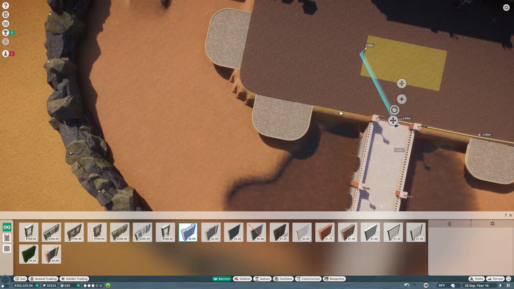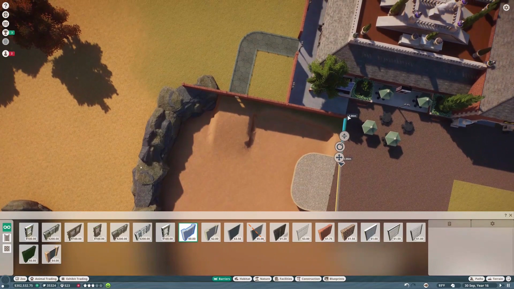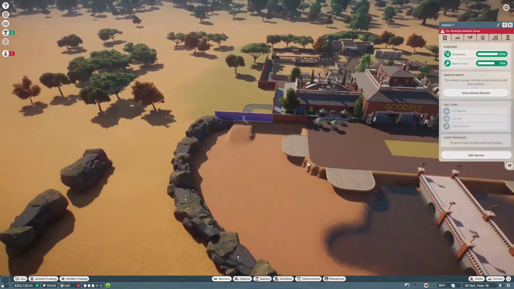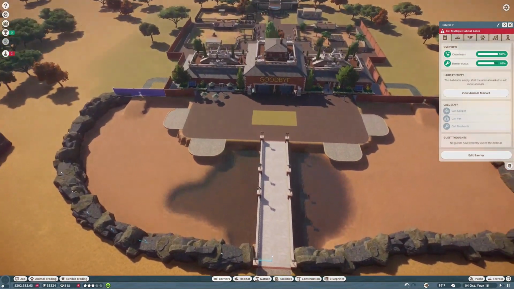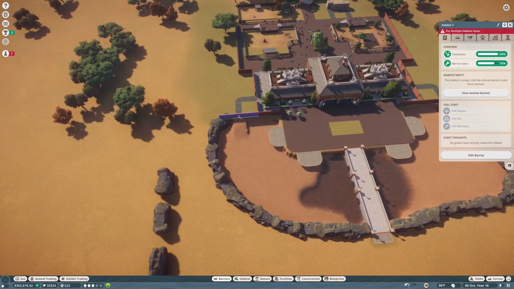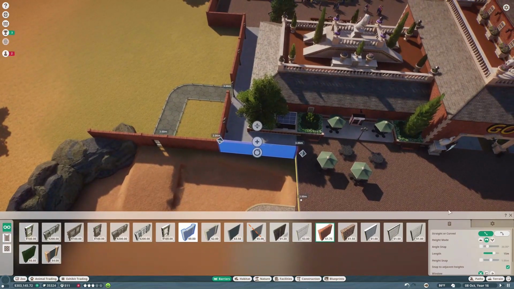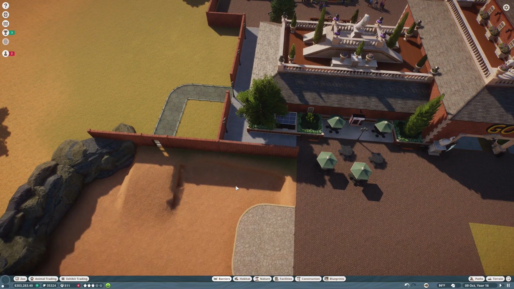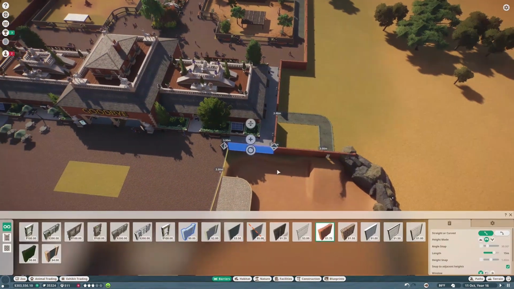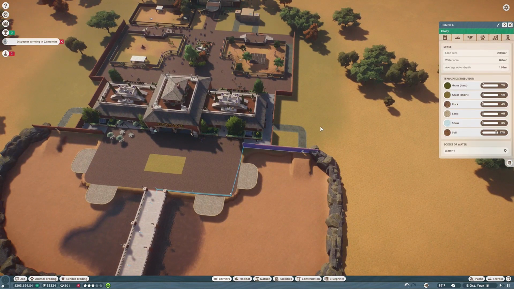And from this side, and there we go. Now we got two separate habitats, multiple habitat gates. Oh, I think it's because this needs to be a habitat perimeter. There we go. Yeah, and this also needs to be habitat perimeter. There we go. Alright, so this one is 2,600 square meters